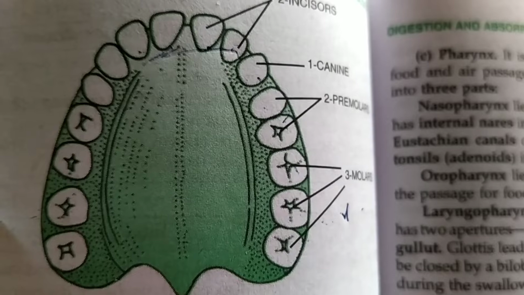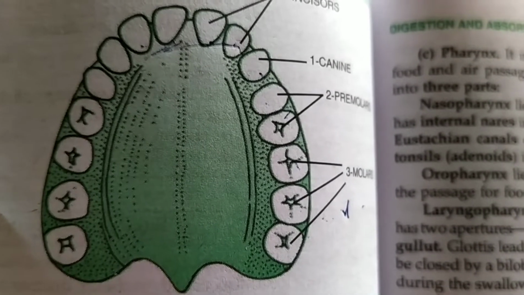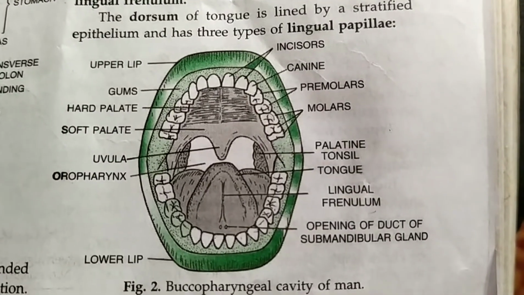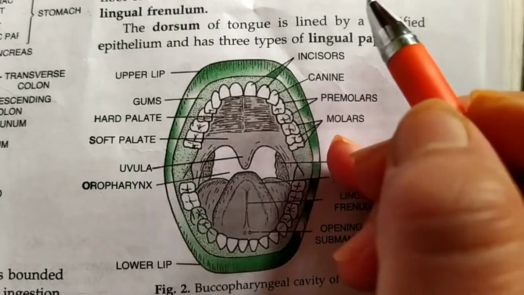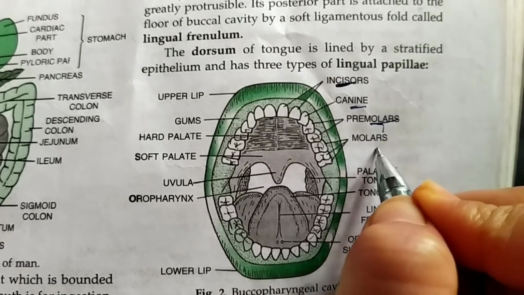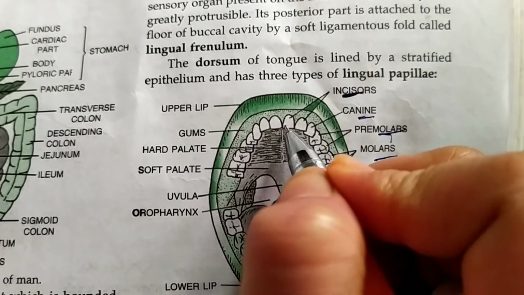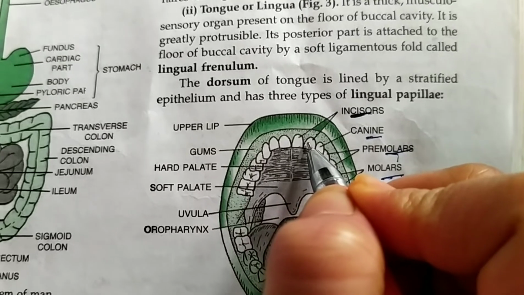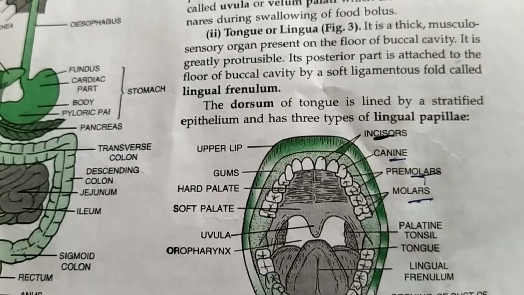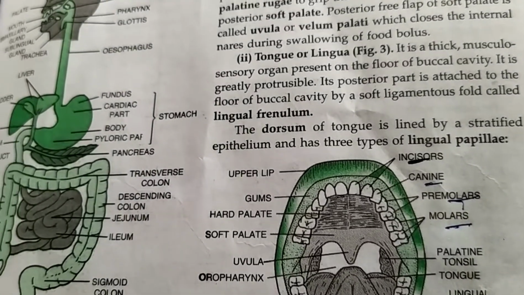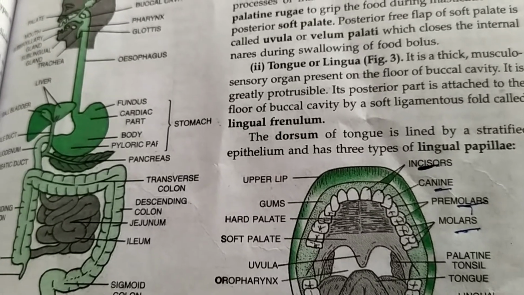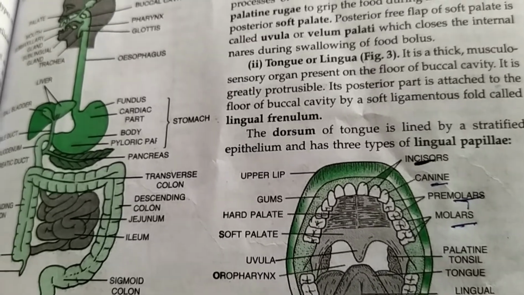The lower jaw also has a similar structure as we can see in the case of the upper jaw. So it is clear that the teeth are of four types. The first is incisor, the second is canine, the third is premolar, and the fourth is molar. Incisors are also known as cutting teeth, and they are sharp and present in the front of the jaw. In each jaw we have four incisors, or in each half of a jaw we have two incisors.